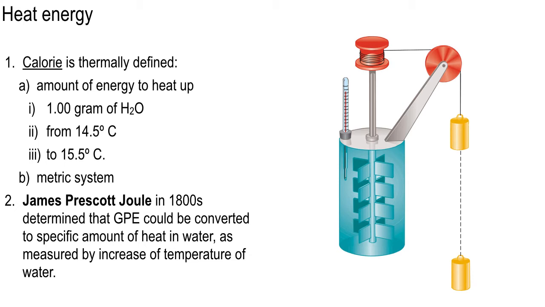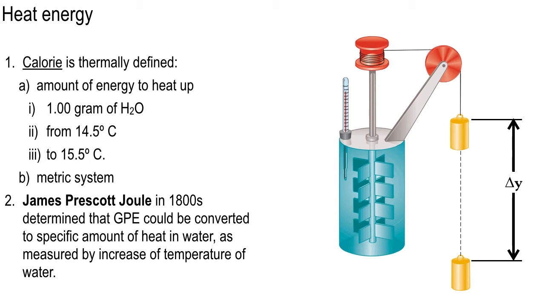He took a container of water and put a vertical paddle wheel in it so that as this brass weight dropped, it would cause the paddle wheel to spin. So here's a pulley, and then here's another pulley, mounted vertically like this. And this second pulley over the canister of water causes the paddle wheels down here to spin if the string is pulled. So if you let the weight drop a little bit, a delta Y,